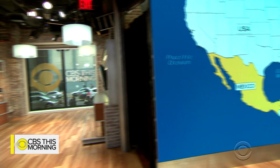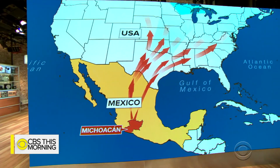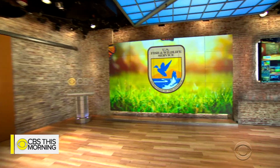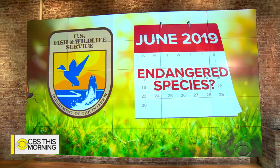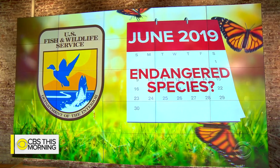Every spring, millions of monarch butterflies migrate into the United States. It's part of an incredible annual journey of several thousand miles from Mexico to Canada before the butterflies return in the fall. But the U.S. Fish and Wildlife Service warns the monarch is in trouble. The agency has until June to determine whether the species requires federal protection as an endangered species, due in part